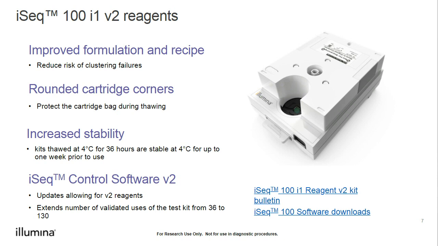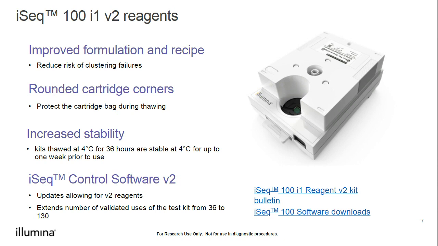It has the recipes that allow it to run those reagents. And it also extends the number of validated uses from the test kit from 36 up to 130, which is pretty significant and increases the lifespan of that system check kit. And if you have any other questions about the V2 reagents, we have a really great bulletin that I've linked here. And if you have any questions about the iSeq control software V2, there's some more information over on that